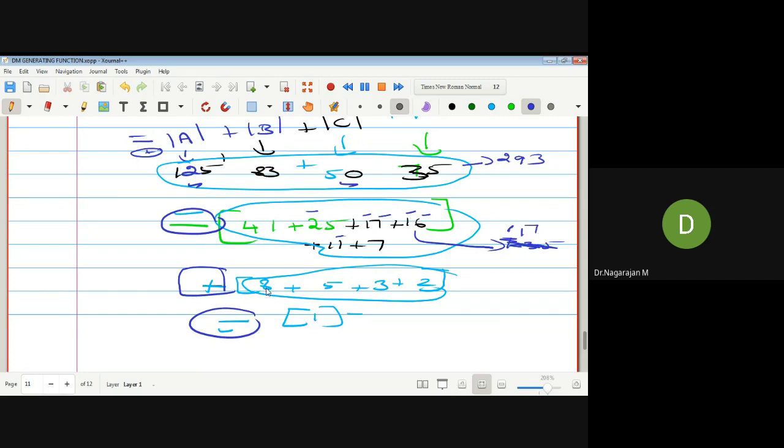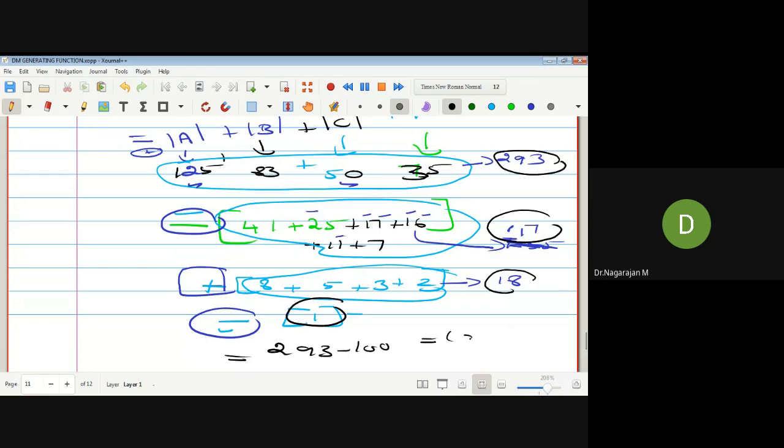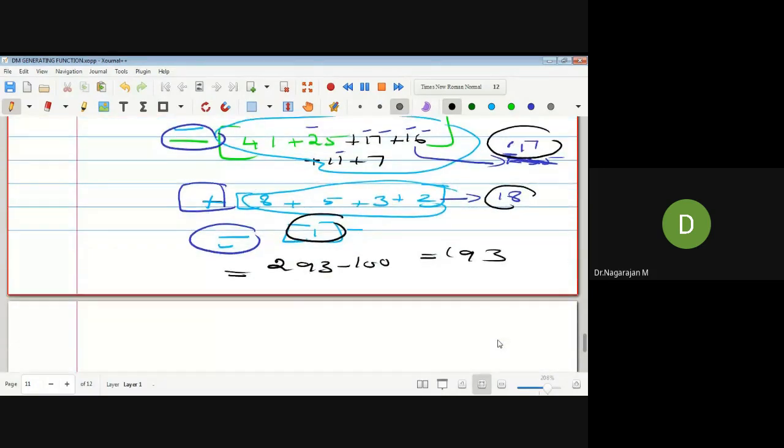So next loss, 8, 13, 18. 18 sir, okay. Now work here, minus 1 is no problem. Therefore, what is the result here? We want to add this one and this one, and also this one and this one. Then the end result is 118. 118, this is a plus 8. Therefore, this result 293 minus 100 is equal to 193. Is it correct? 193. Yes sir.